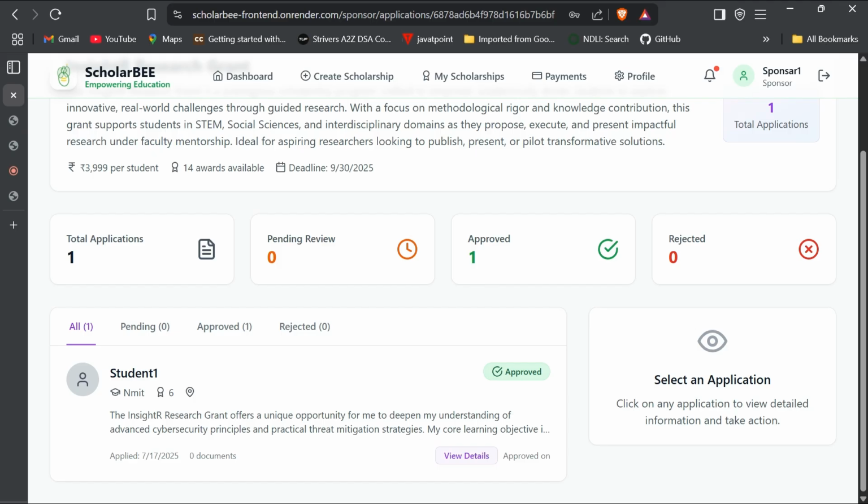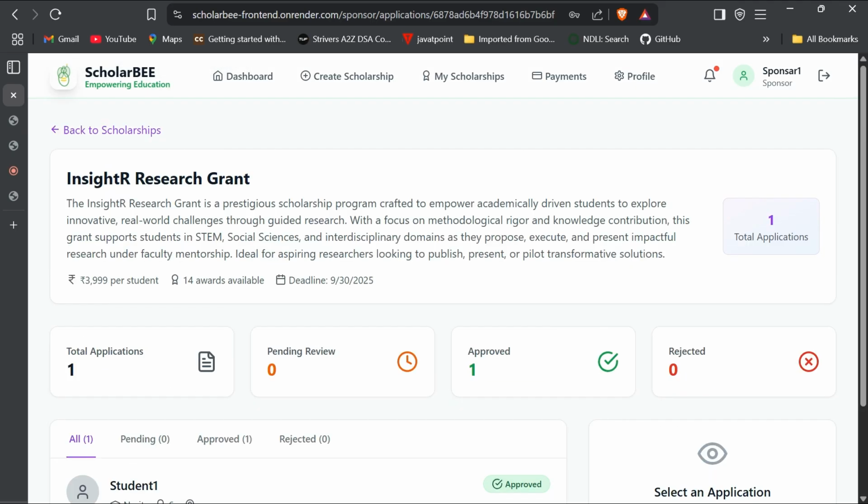Scholar helps students focus on what matters: applying smartly, not endlessly searching for things, going here and there, and not finding something really impactful. Whether you are in high school, college, or post grad, the right scholarship should be just a click away. This is our website and this is what we created. I hope that this will create a lot of impact in the upcoming years.